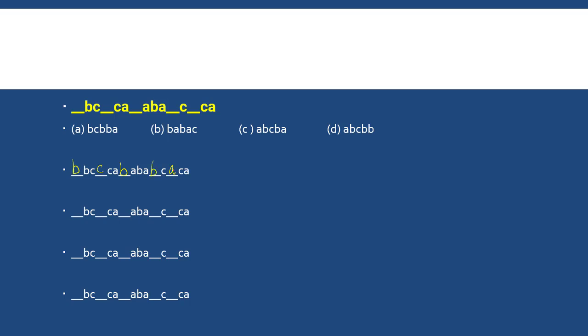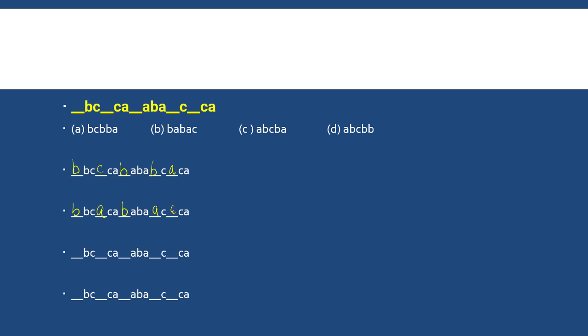So I will evaluate in groups of 2 or in groups of 3. Can I see some kind of a pattern? If I do that, I can't see any pattern. Any meaningful pattern is not appearing to me. So option A cannot be our answer. Exploring the second option, B, A, B, A, C. Again, making groups of 2 alphabets or 3 alphabets or 4 alphabets, we'll have to see if I can see some kind of trend that is being followed here, which is not happening here.